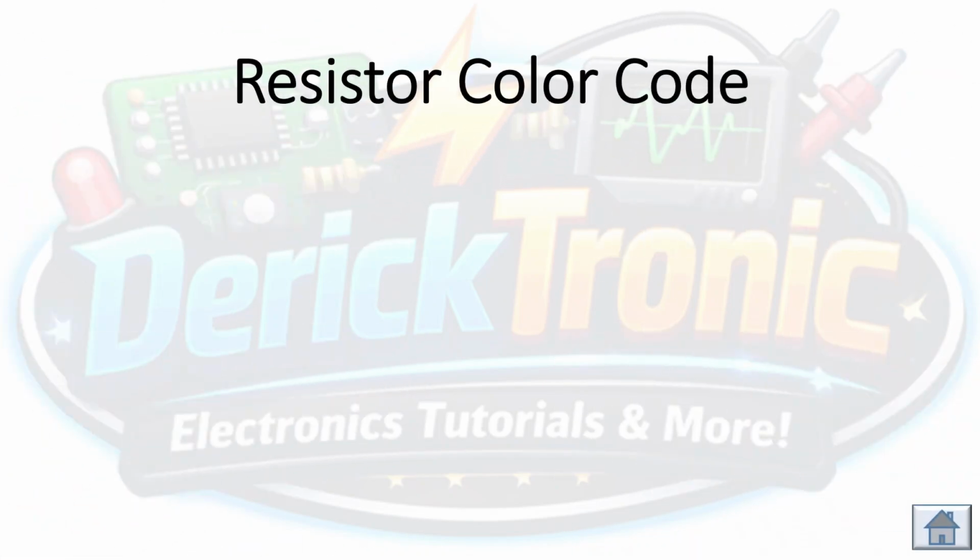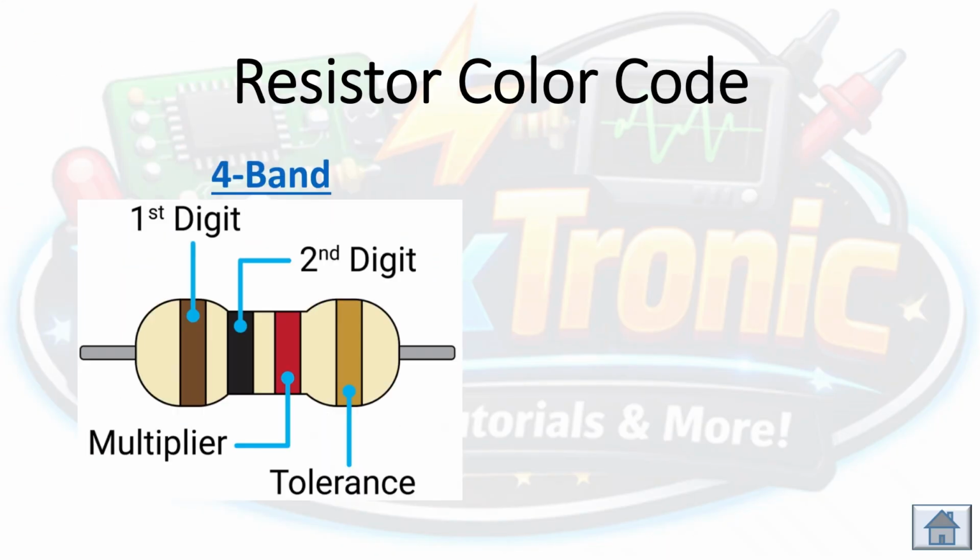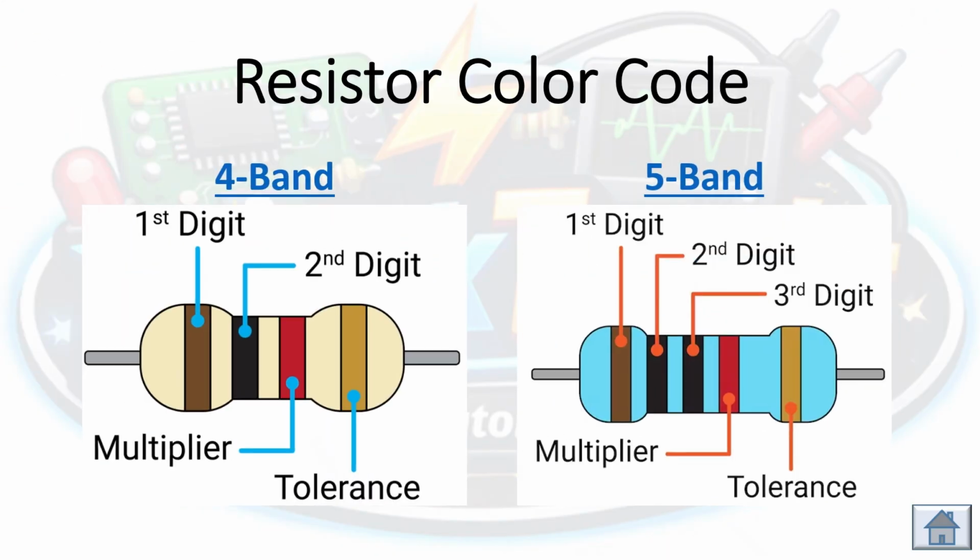As mentioned earlier, carbon composition resistors come in 4 bands and 5 bands. In the 4-band resistor, we make use of the first 3 colors to determine the value, while the last color stripe determines the tolerance. In the 5-band resistor, on the other hand, we make use of the first 4 colors to determine the value in ohms, while the last color is used for the tolerance. Just how is that done? We need to compare the colors shown on the 4-band and 5-band resistors with the color code tables. Let us start with the 4-band resistor first.